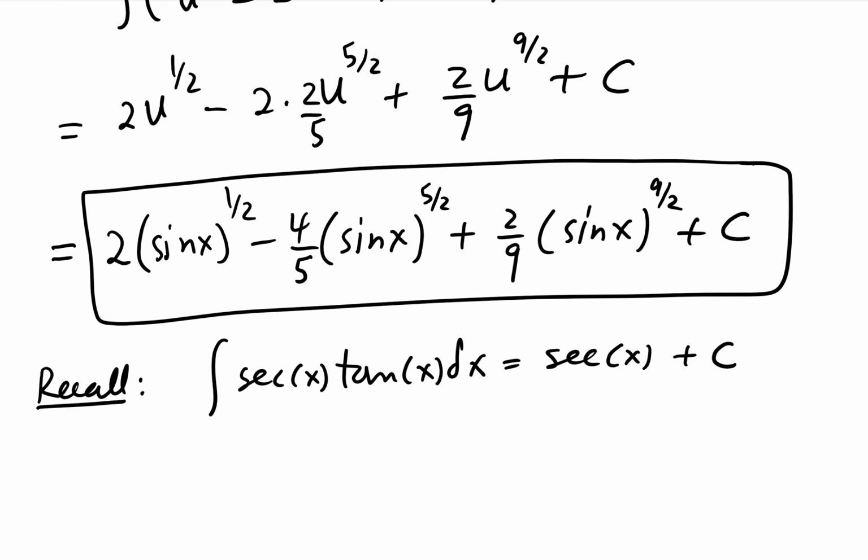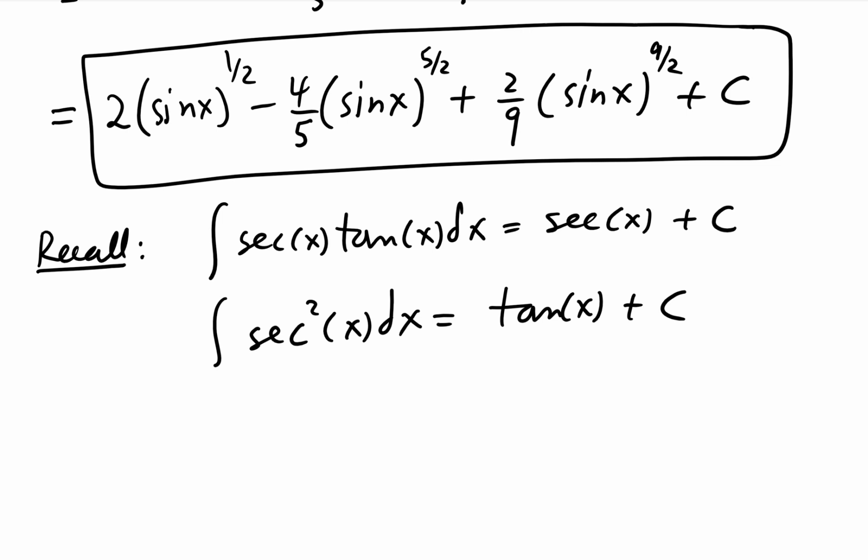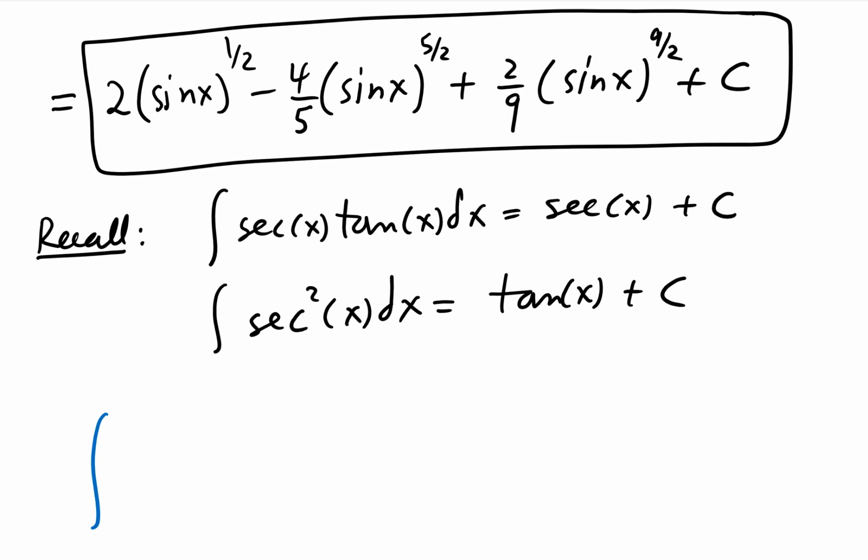And good to recall that the integral of secant square x is simply tan x. So by knowing these two formulas, we're going to build on them and try to integrate more difficult trigonometric integrals,